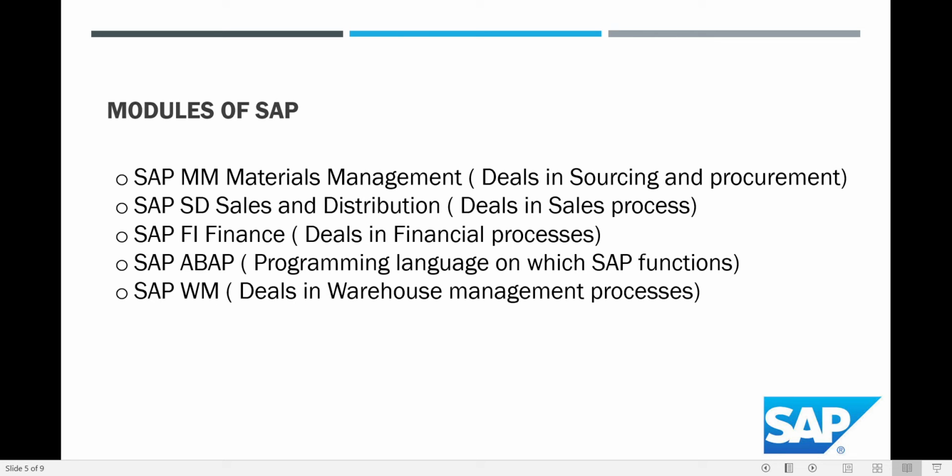There are also a lot of other modules, like I have mentioned, SAP warehouse management. Some people might use these functionalities and some might not. There are other modules such as SAP PS, which is called SAP Project System. Some people might use it, some people not, right? There is a module called SAP PP, which is production planning, and SAP QM, quality management. So there are multiple modules available in SAP. Depending upon your interest, a lot of people choose the modules accordingly, right?